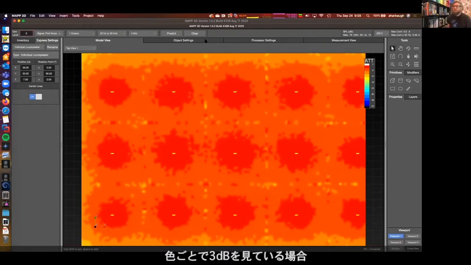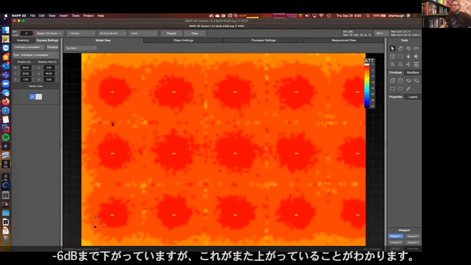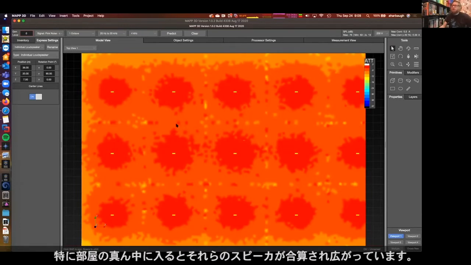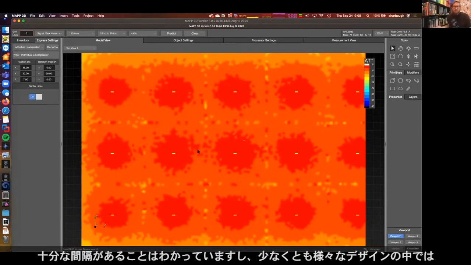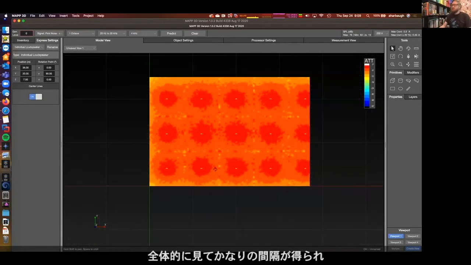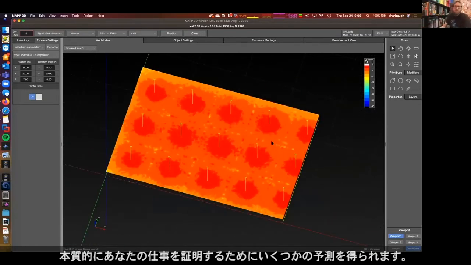So if we're looking at 3 dB per color, we have our 0 to 3 here as we looked at earlier, and we have down to -6, but what we can see is this is poking back up once those coverages start to overlap into another color up. And specifically, once we're more into the middle of the room, that summation is extending between those loudspeakers. So we know we have a good spacing and we'll have fairly even high frequency coverage here, at least within our design variants. So that overall gets you pretty much your spacing and gets you some predictions to kind of